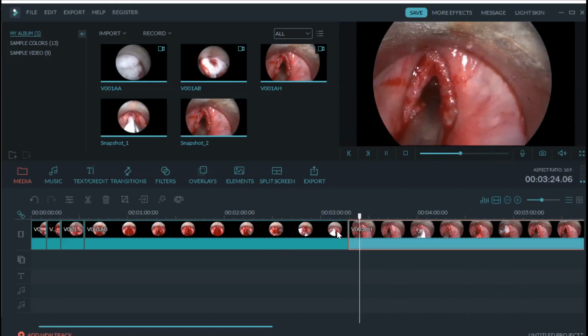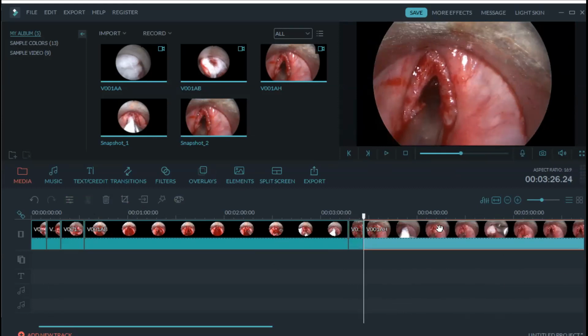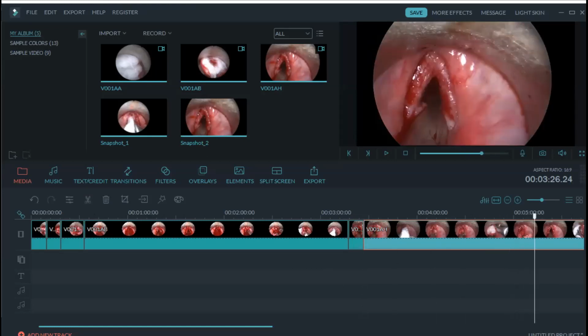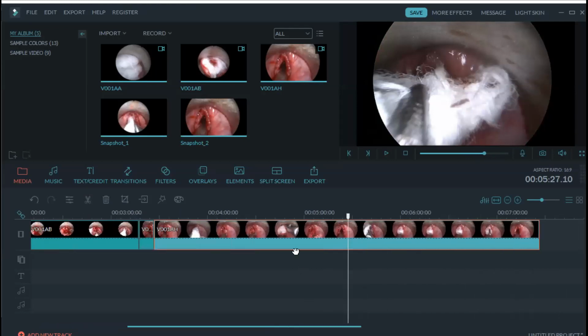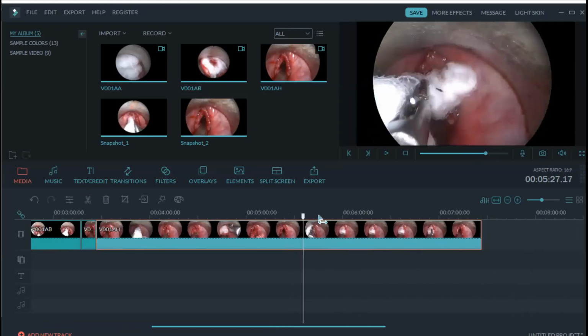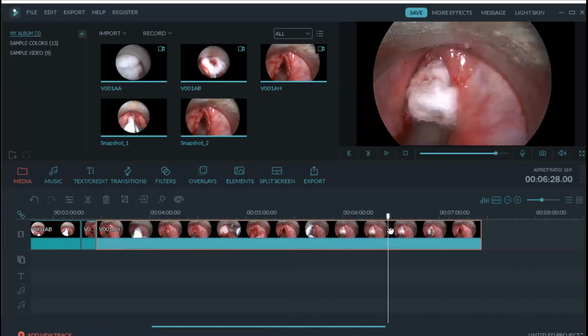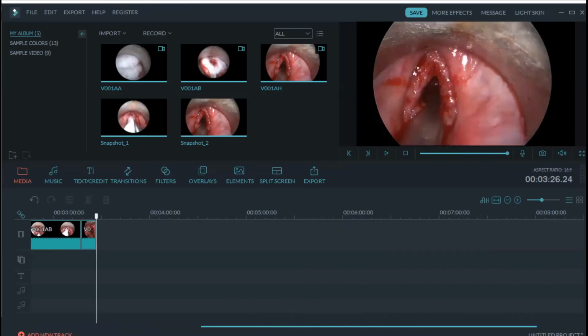Then you can stop here, click, and remove all these things. You don't want all these things. Some bleeding is there. Whatever you want to highlight, you can keep. Whatever you don't want, like all these things, bleeding control, is boring to the audience. So now you remove this, and this is what is left.